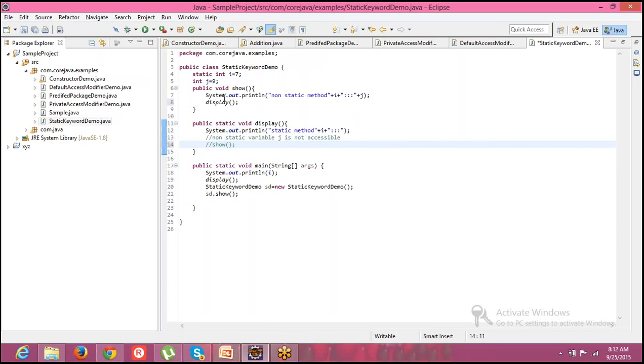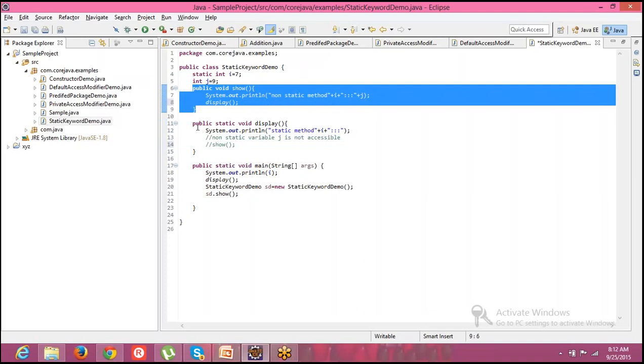Okay, but as we have focused on static, that's the reason why I wanted to classify everything. So this is a static variable, and this is a non-static variable. This is also called an instance variable. That is what we have already learned, but actually our focus is only on static. Okay, so this is a non-static method and this is a static method.